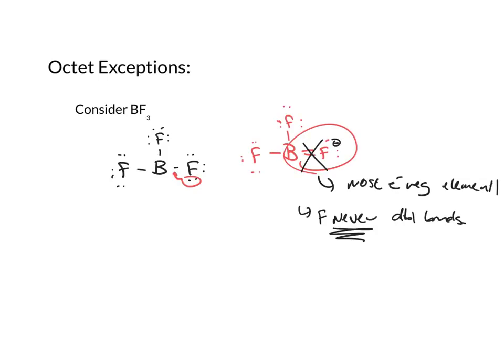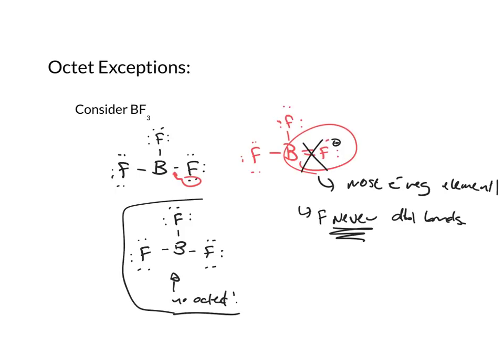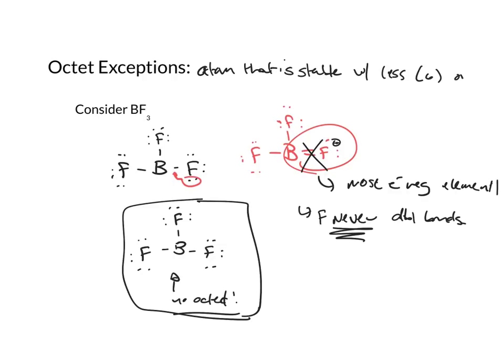Okay, so if fluorine can't double bond, the only possibility for this structure that includes the right number of electrons is going to be the one that we first drew up here, where boron does not have an octet. And it turns out that that's the actual structure. So this is the structure of BF3. Boron is what we call an octet exception, in that it's an atom that is stable with less, in this case 6, or more